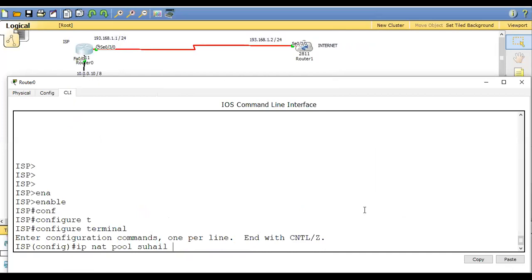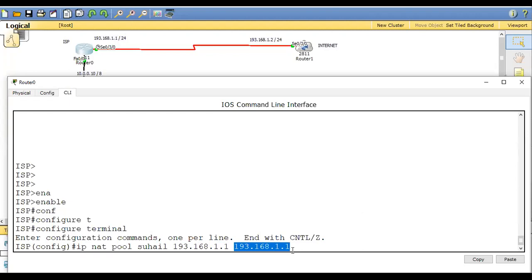IP net pool, give only one IP address, 193.168.1.1 space 193.168.1.1 space. Now the question is why I am giving this IP address two times. The first IP address is for source and the second IP address is for destination.